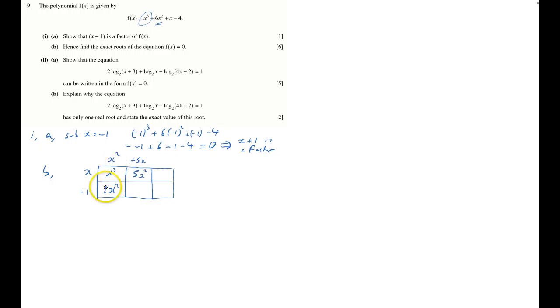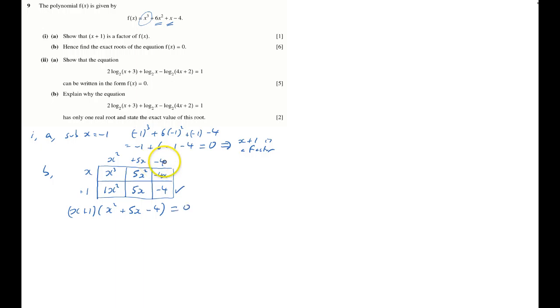But that'll also give me 5x times 1 will give me plus 5x. And I don't want to have plus 5x, I only want to have plus 1x, so I'm going to have a minus 4x here, so therefore I'll have to times this by minus 4. And finally, minus 4 times plus 1 gives me minus 4, and that is what I wanted at the end, so there we are. So now I know that x plus 1 times x squared plus 5x minus 4, we're setting that up